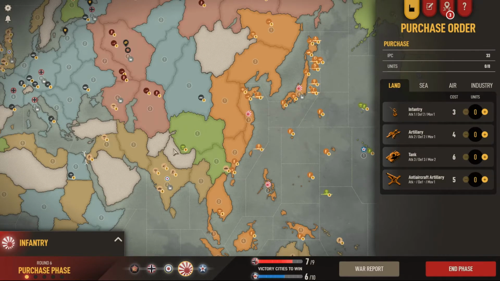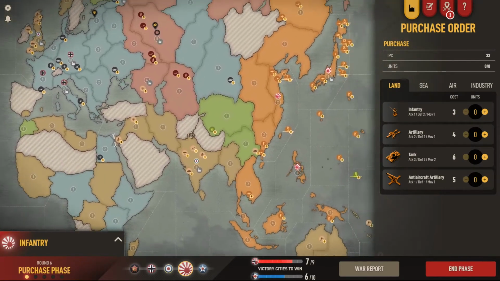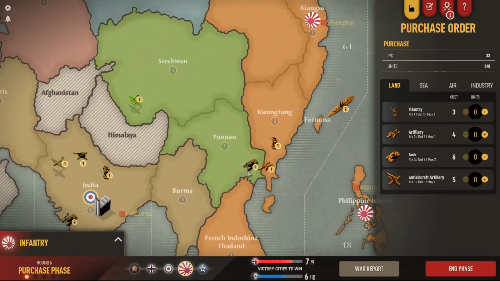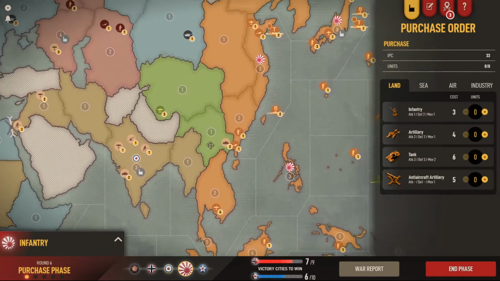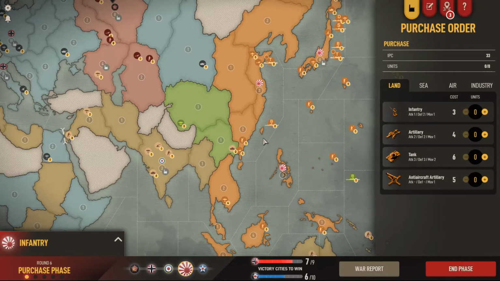Alright, so nothing super eventful for me. We did end up losing this area of Yunnan again, which is a little bit frustrating. But we now have a bunch of transports that we can use to funnel troops in here, so I'm not too concerned about retaking that area. We've got a bunch of IPC to work with here, so what I am going to do